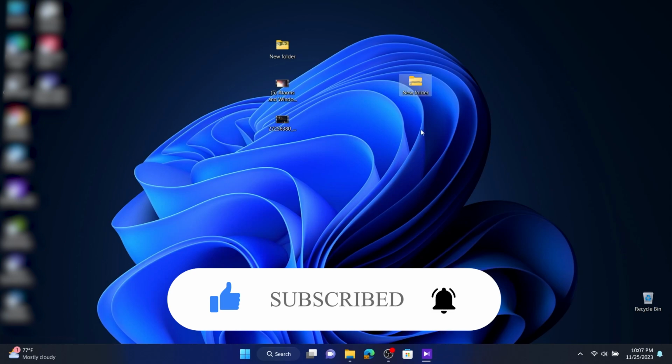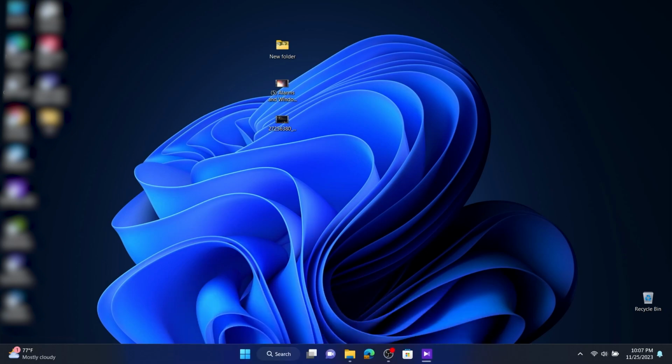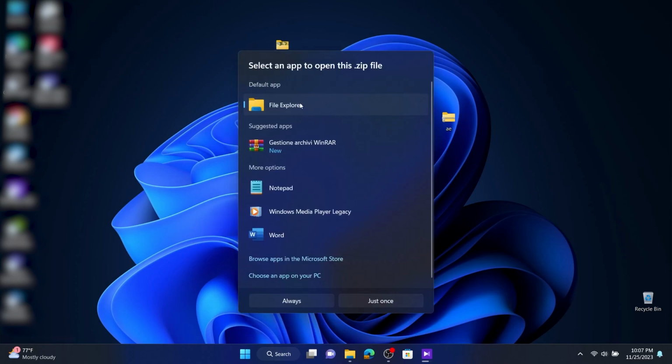And then go to Send To and then click on Compressed Zipped Folder, and here you can see our zip file is ready. Now it just took the name of the first file, but you can of course rename it to whatever you like. And now if we open this zip file, you can see that we have all the